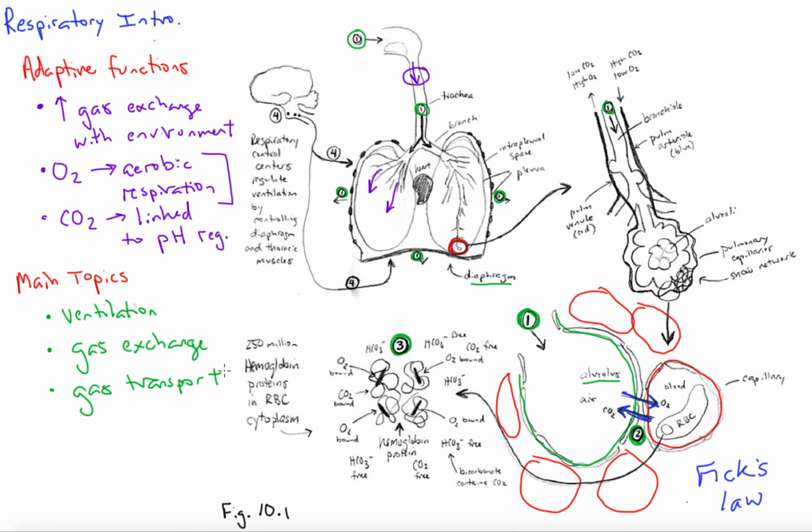Well, oxygen solubility in plasma is not fantastic. You can't just dissolve an enormous amount of oxygen into the plasma and carry enough to remain aerobic. So we need a boost. We need a helper. And that helper